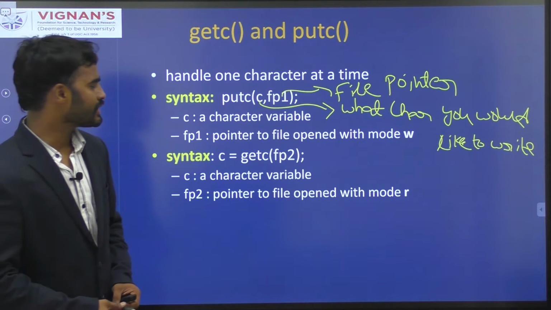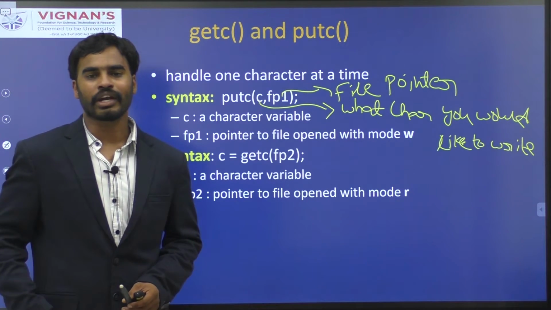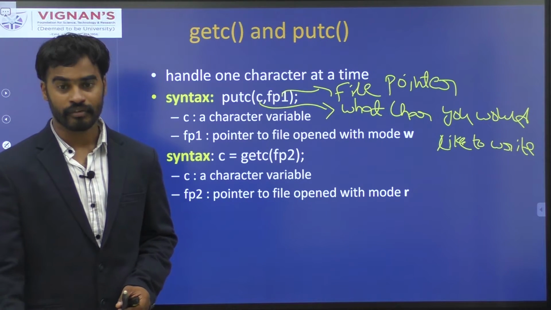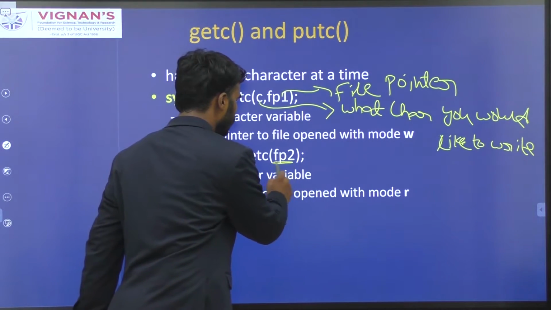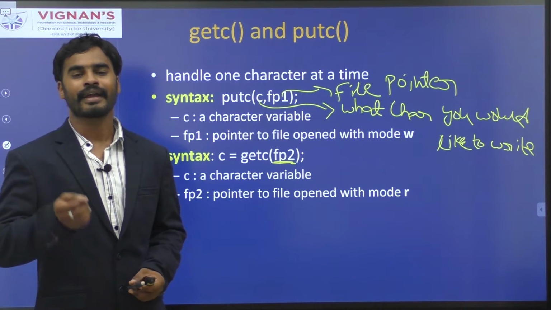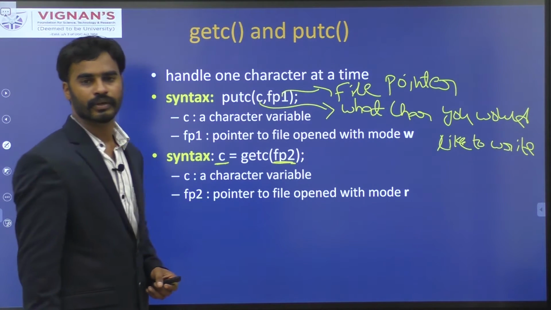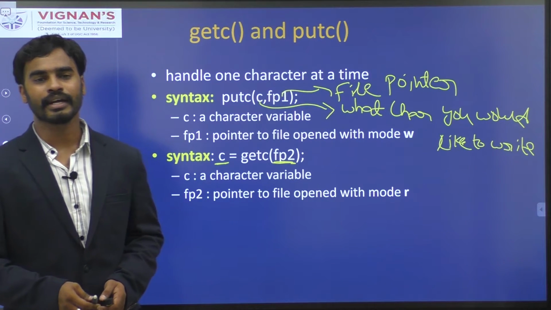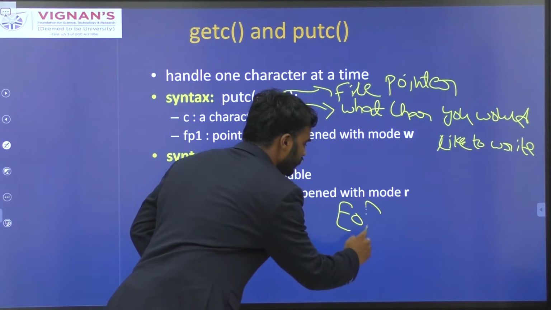The next method is the getc method. The getc method will take only one parameter, which is a pointer to a file from which you would like to read data. It takes the file pointer as its parameter and it returns one character. This getc method returns end of file when there is